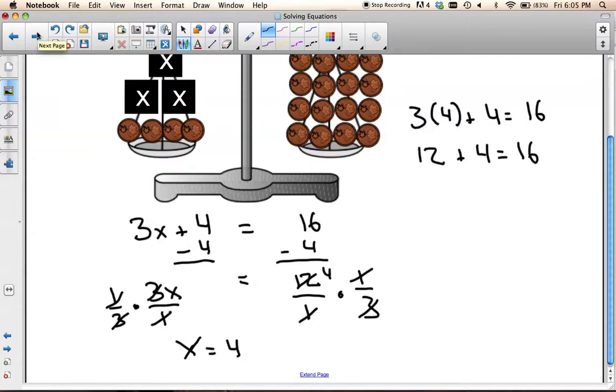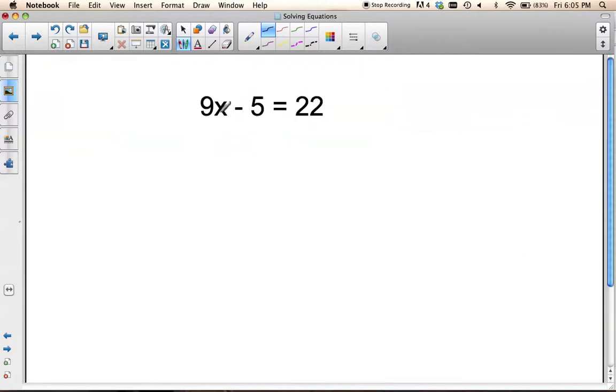We're going to look at one more without the scale to help us out. So this is an algebraic problem. I have 9x minus 5 is equal to 22. So I need to have, just like we said, 1x on this side. Right now I have minus 5. I need to make this minus 5 equal 0. So I have to do the opposite of minus 5. So if I add 5,